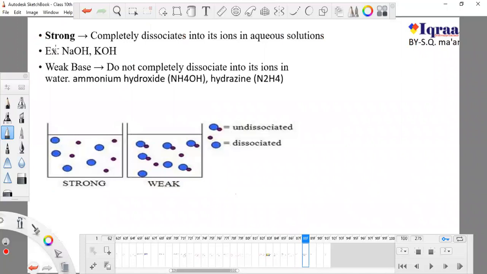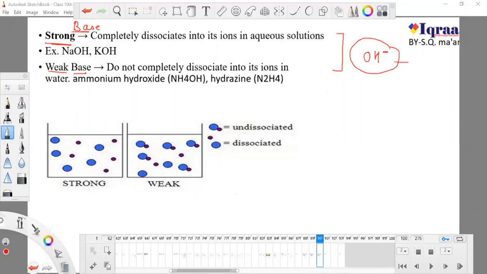Now another point I want to mention to you, this is not present in our NCERT book, but I would like to mention that what are strong bases and weak bases. As we know, anything which can release OH ion, I am again telling you, don't write that which contains. There is no need of containing. If you cannot release OH ion, then you are not a base. So if anything can release OH ion, then these are known as bases.